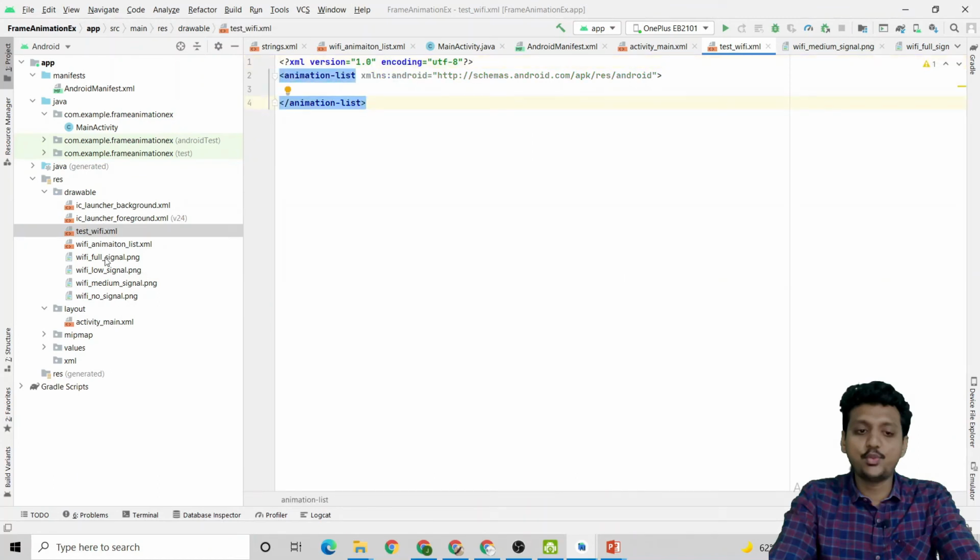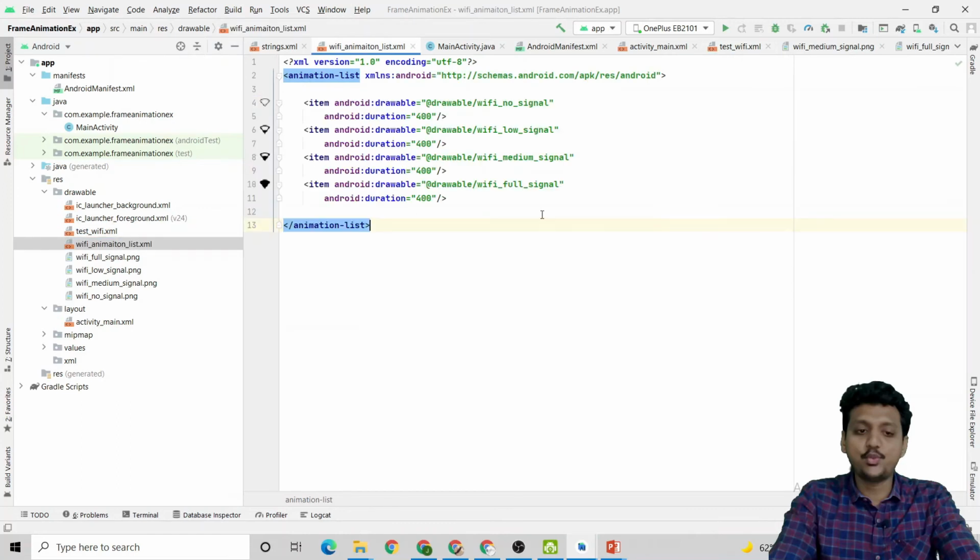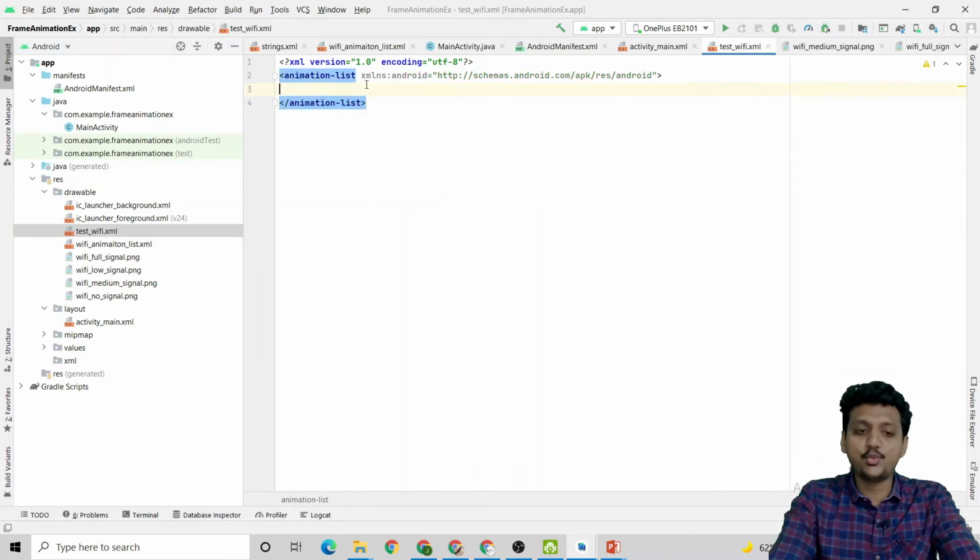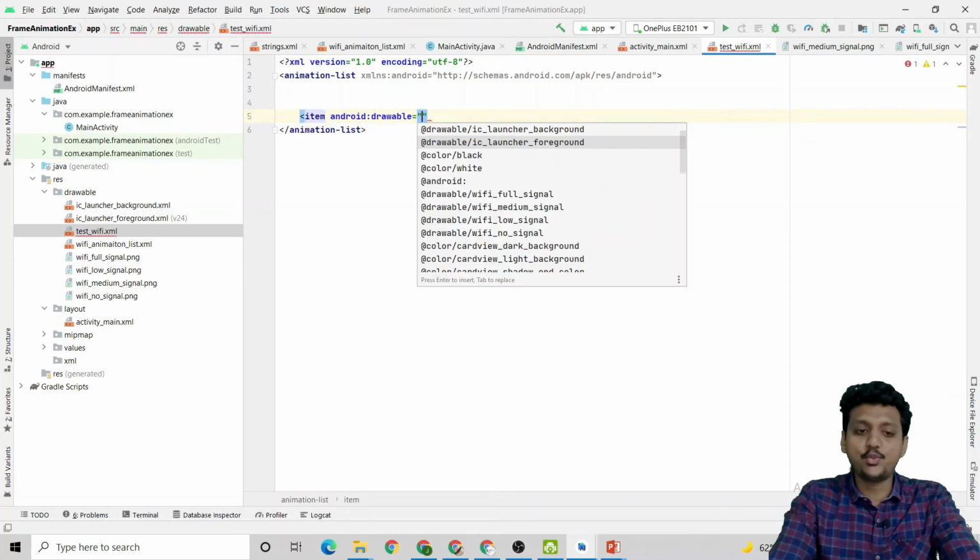Students, let me show you this Wi-Fi underscore animation list file. What we need to do over here is specify the duration and the item. You can easily write the item, then android:drawable with the Wi-Fi signal, and give the duration like this. The first variable is item, then android:drawable,